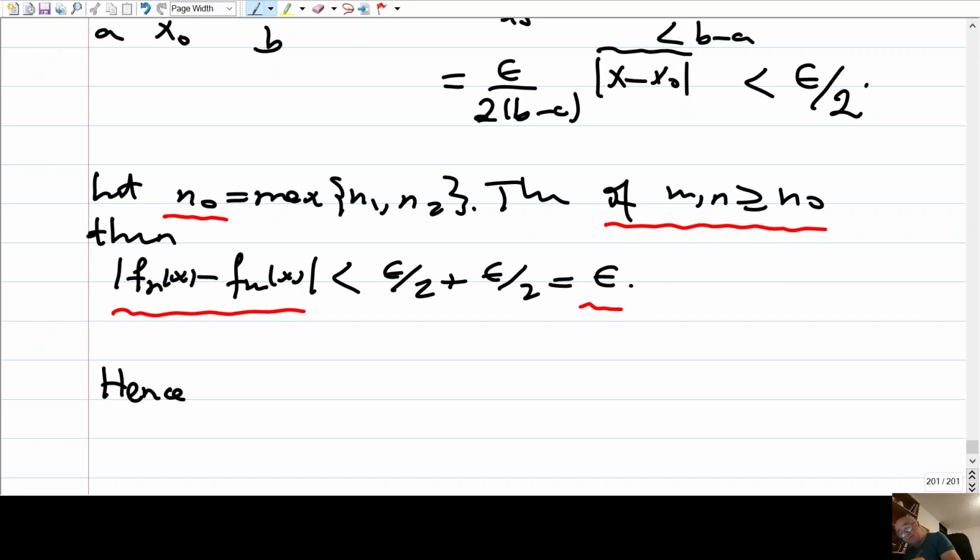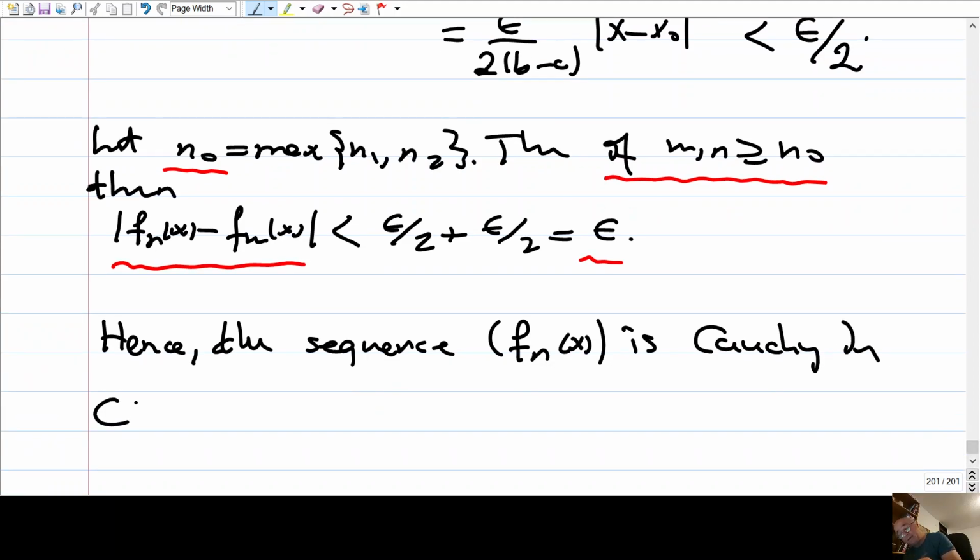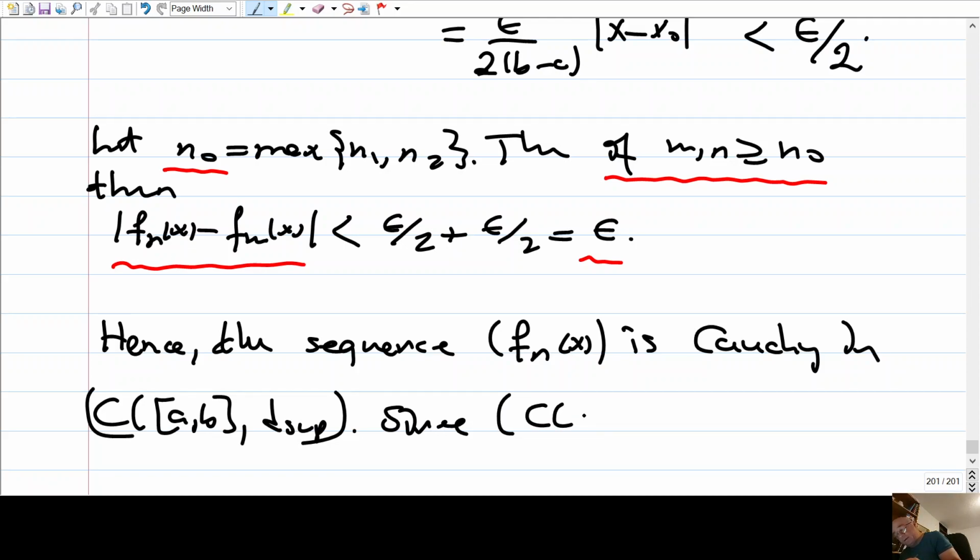Hence the sequence f_n(x) is Cauchy in the metric space C[a,b] with the supremum metric. Since this metric space is complete, since C[a,b] with d_sup is complete,